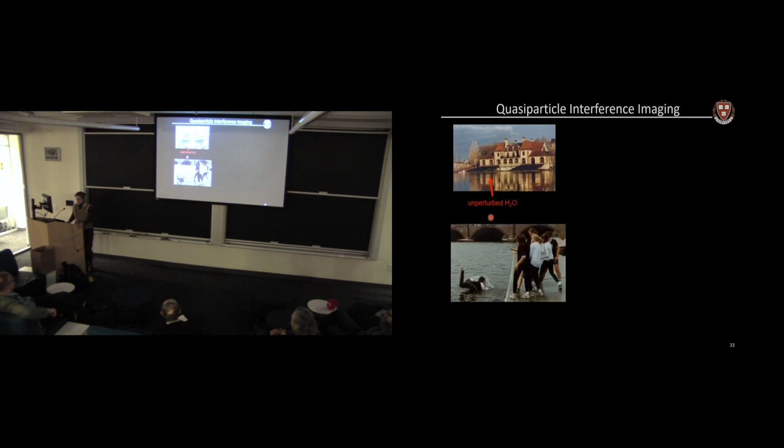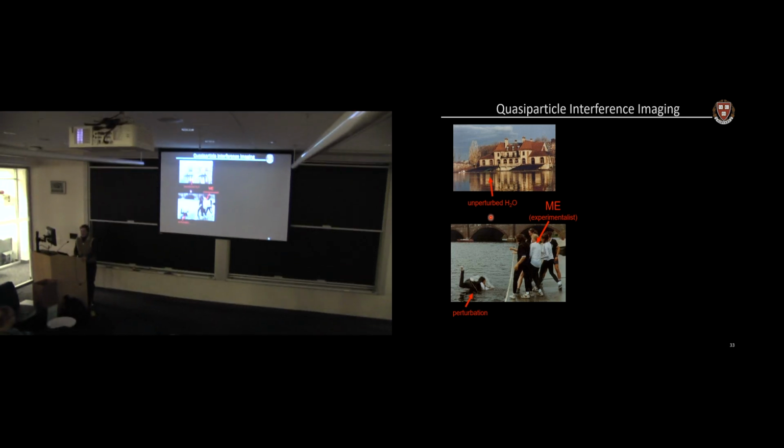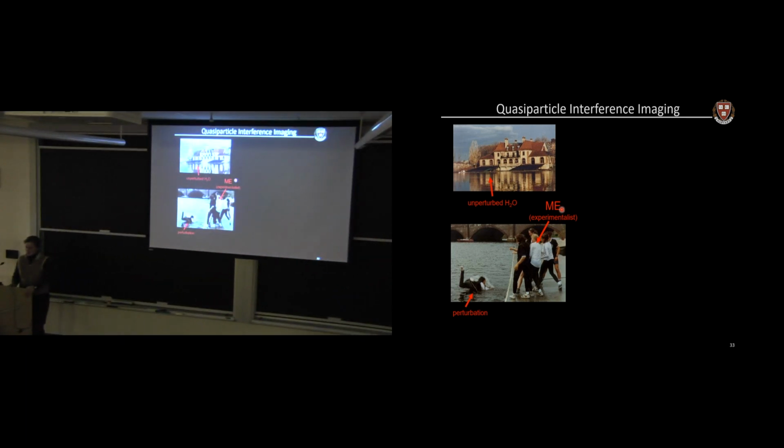Now suppose I'm an experimentalist, and I want to know something about the nature of water. So what do you do when you want to understand something? Well, you perturb it. You introduce a perturbation. And anybody who's rowed knows that it's a tradition, after you win a race, you take the coxswain, that's the little person who sits in the back of the boat and shouts at you while you row and steers the boat. The coxswain gets thrown in whenever you win a race. So there's me introducing a perturbation into the water.